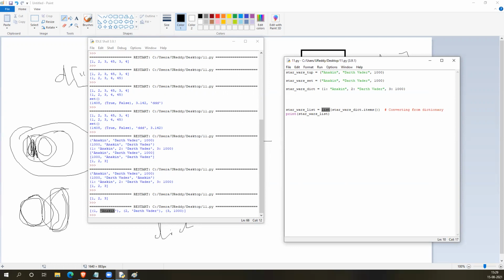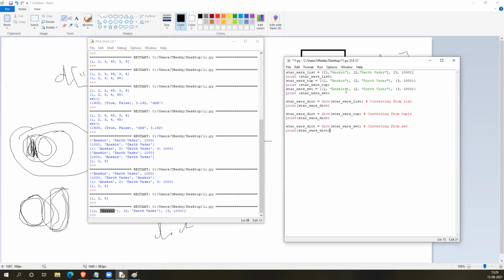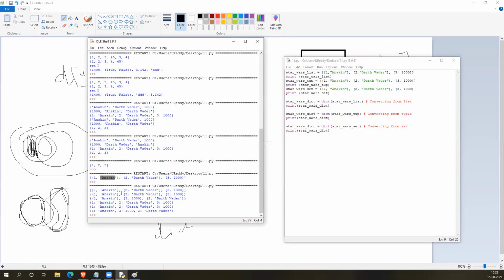in this example, I will show you how to convert from a list to a dictionary. You see. So here I am creating a list with key value pairs as individual nested lists inside.